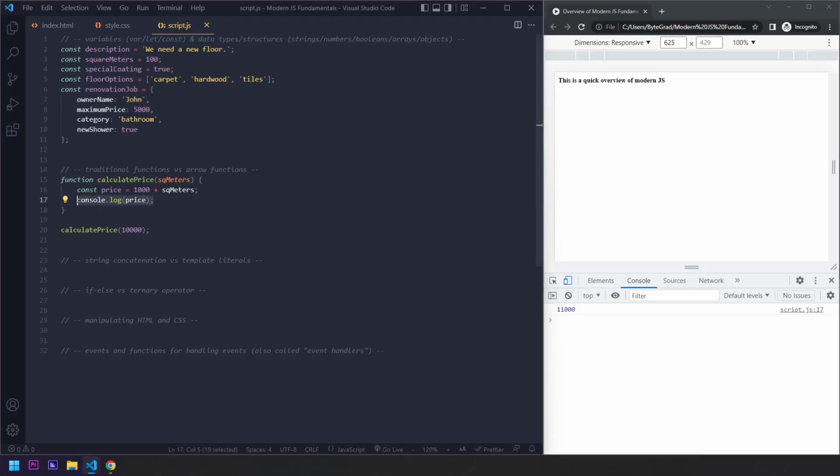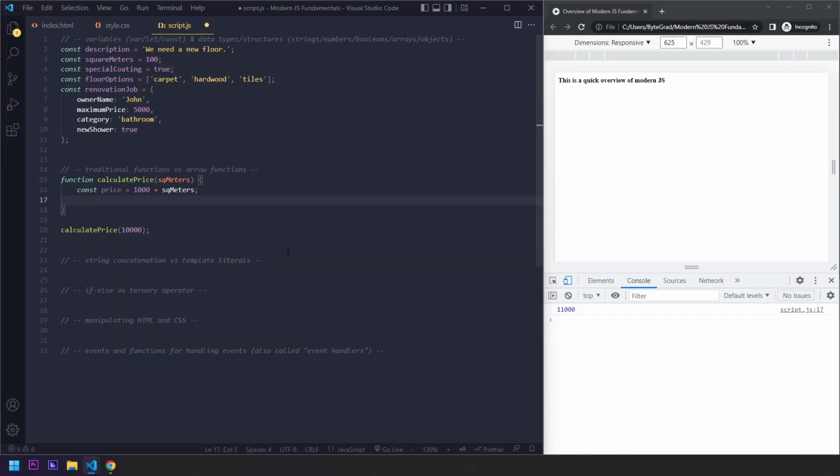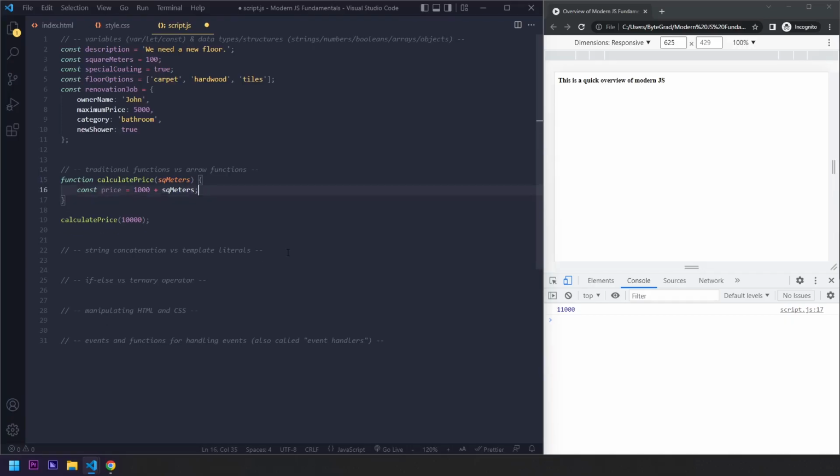All right, so last thing I want to show with this function here is returning something from the function. Because let's say, I don't want to log to the console here. I just want to calculate the price. And then what? Right, what if we just do this? Like, is this helpful? Well, why would we ever do this in our program? Because now if I just reload the page,